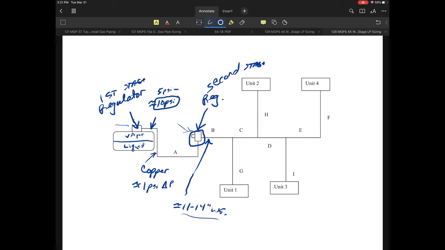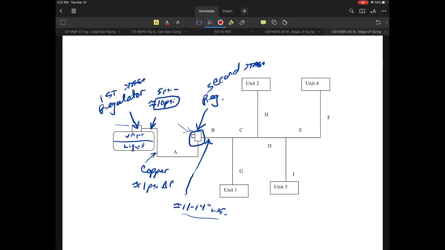So how does this relate to sizing? To some extent, related to the sizing, we have to understand that every time we have another reduction in pressure, we have to start a new sizing problem. So in this particular case, when I look at this regulator, I see this as